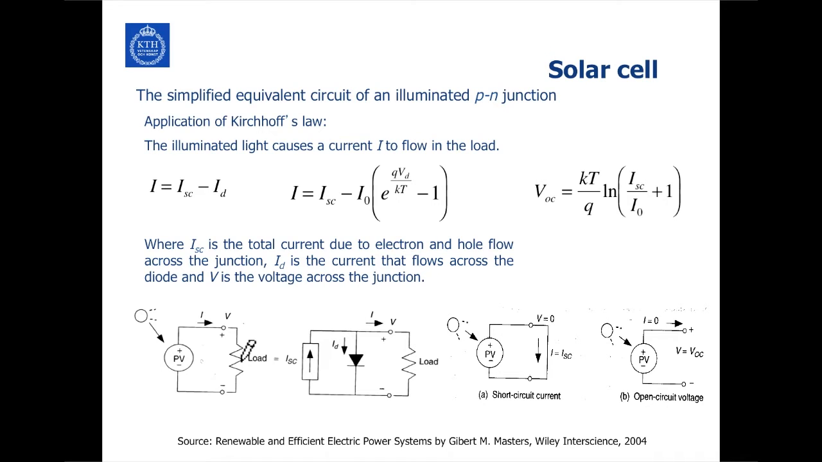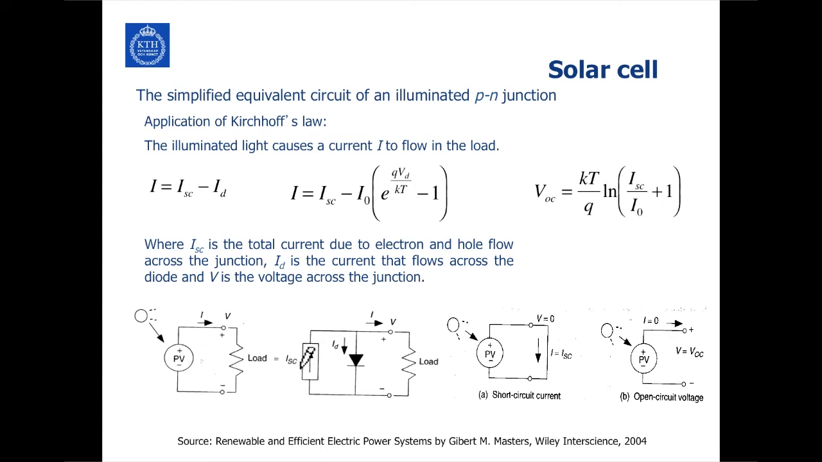Imagine that you have an electric bulb hooked to this. As the sun is shining on the PV junction, current will flow, and then you will have electricity, and you can light up a bulb, for example. So the illuminating light causes the current to flow in the load, and this circuit can be equivalently written like this, and this is what is called the short circuit current